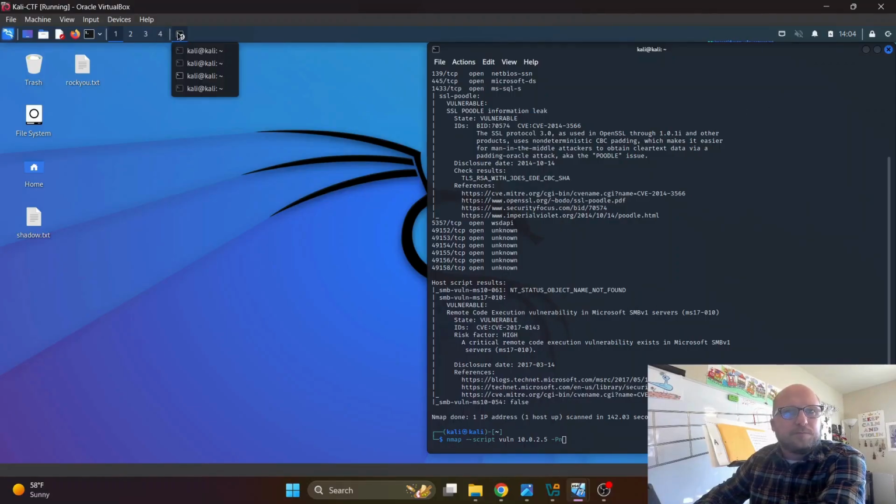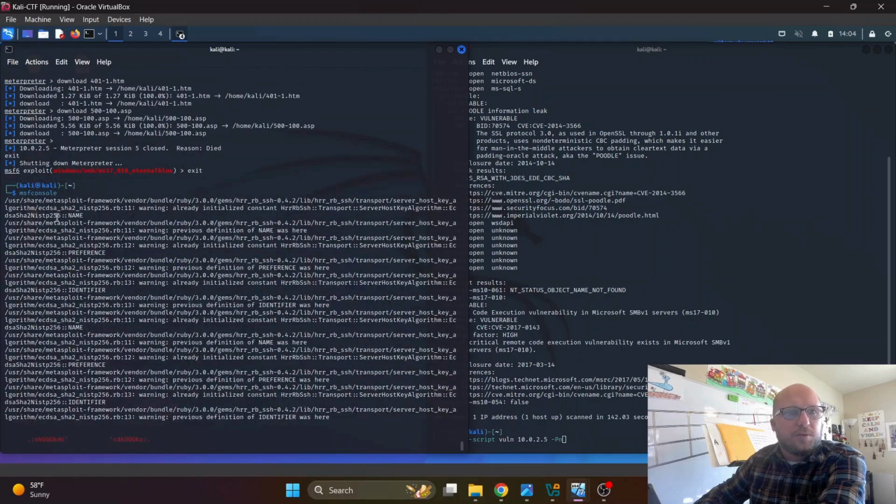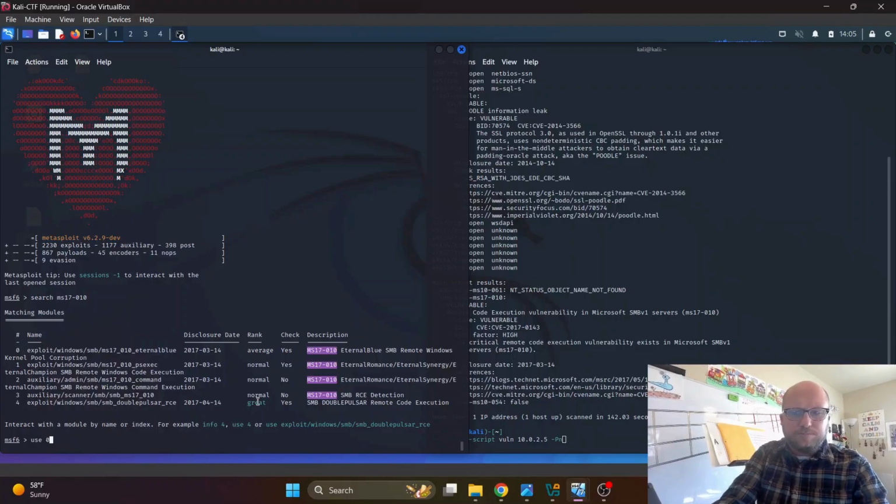So what we do next is run over here to Metasploit msfconsole and do a search for MS17-010. I did try this DoublePulsar unsuccessfully previously. This is the one that it says to do for the project, and it's because it works. So Eternal Blue is the name of this exploit, so we will use 0